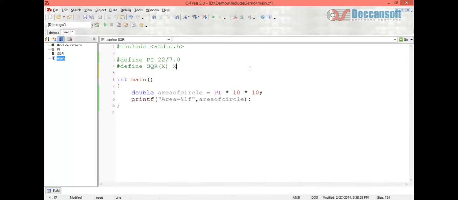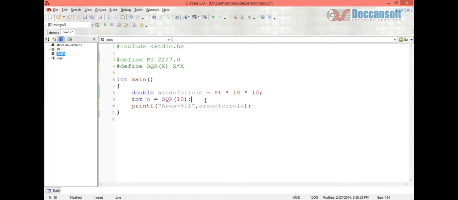Okay, #define, let us take some macros like square x, x into x, and let's see how it works. Integer n equal to square 10. Here 10 is the value of x, and it will work by replacing x with 10, and it will automatically run.